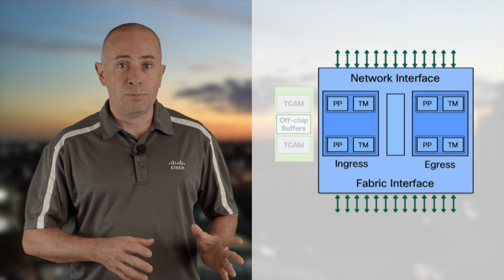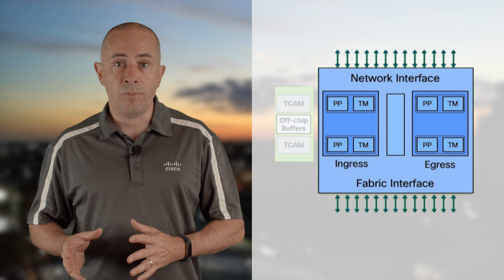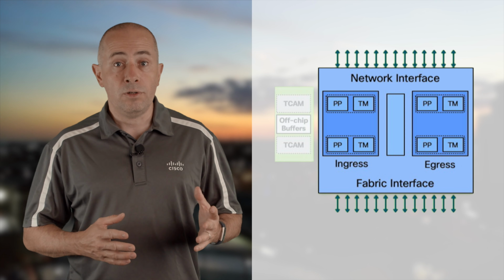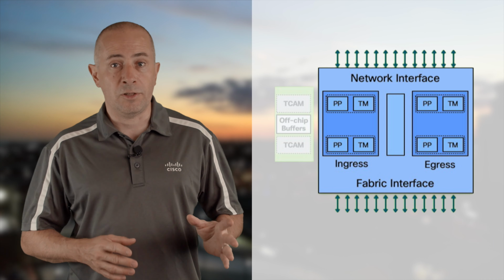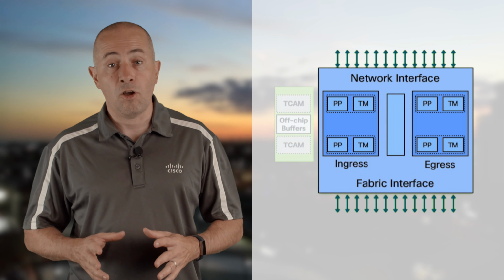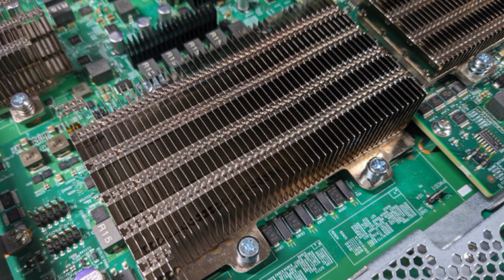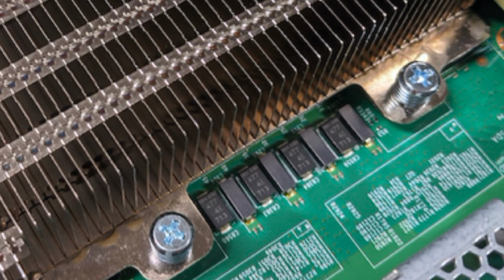For both ingress and egress, we will have 2 large blocks, one for the packet processing, destination lookup and all the features like filters, NetFlow, etc., and the other for traffic management, covering the QoS and packet scheduling, among other things. The packets are stored in different places. It could be inside the ASIC most of the time, but also it could be on an external buffer in certain congestion situations. I invite you to check this video here if you want to get into the details of